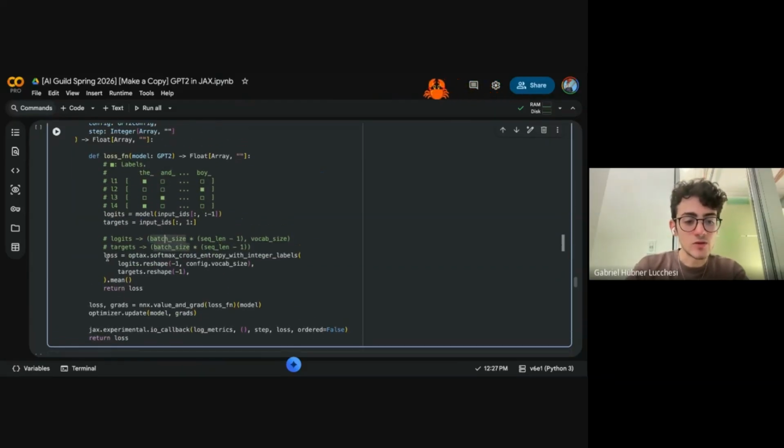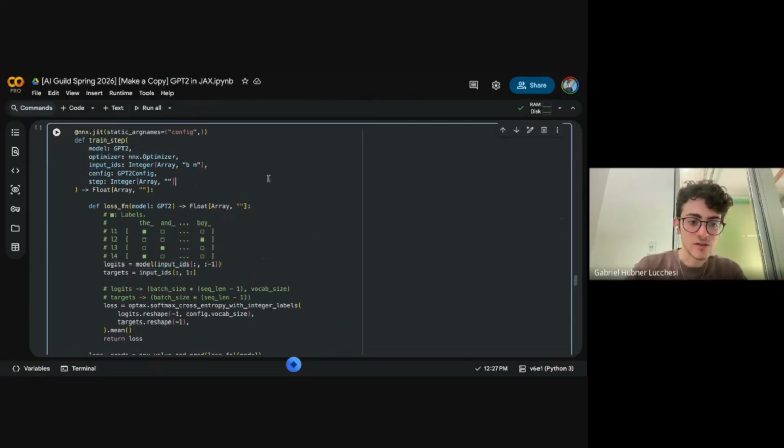Essentially, our logits are whatever the model outputs, using the tokens up until the second to last token. Our inputs are the input IDs, which is our sequence of tokens.